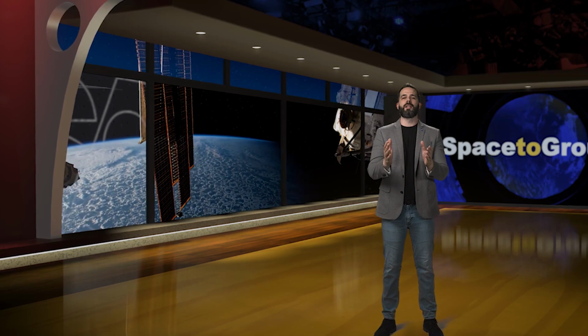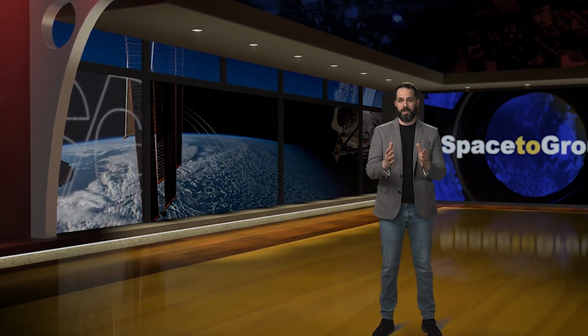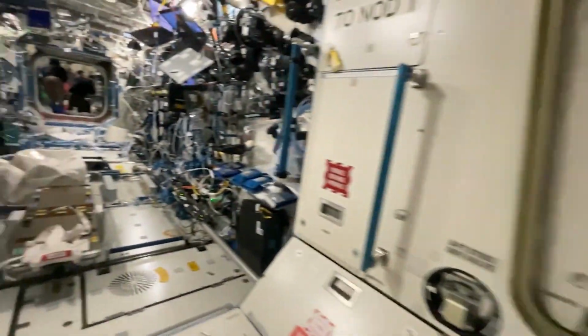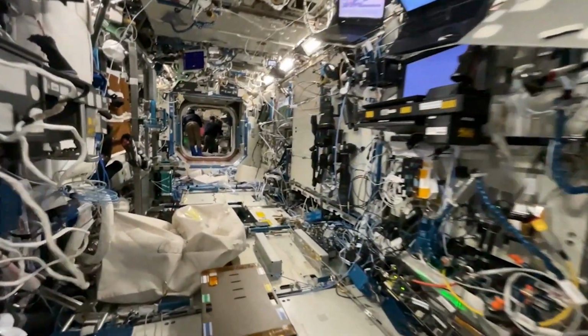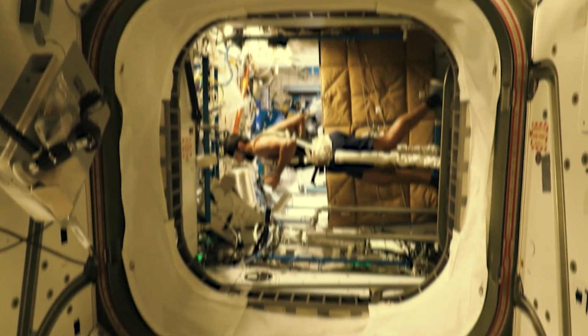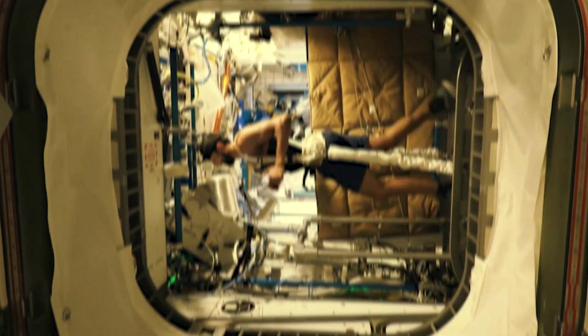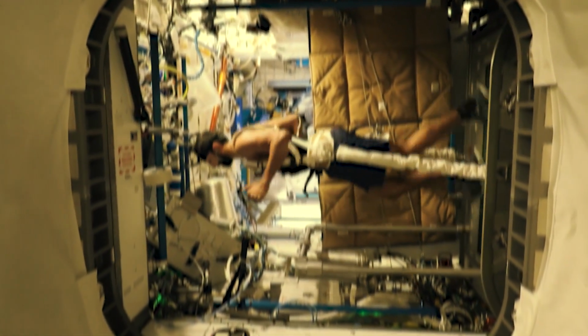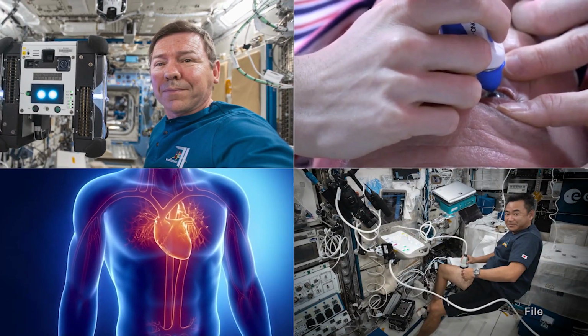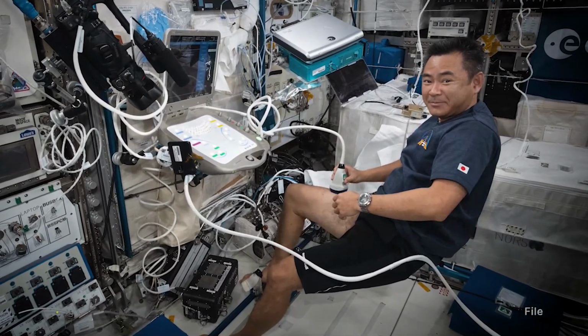We move on to look at some engaging biomedical research that Expedition 71 crew members are conducting in low Earth orbit. In the Columbus Laboratory Module, NASA flight engineer Mike Barrett took part in the CIPHER investigation, which aims to gain a broad view of the physiological and psychological changes astronauts experience during long-term spaceflight. The studies this week involve checking Barrett's eye function and blood pressure, as well as using the Ultrasound 2 device